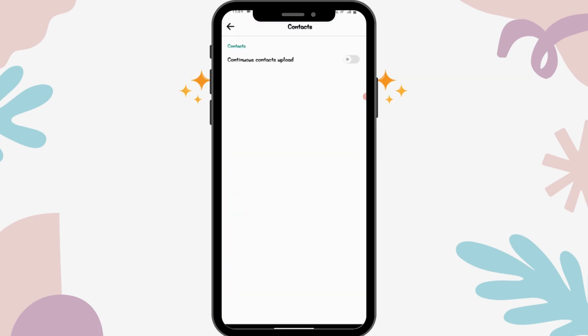And now if you want to find friends on your Facebook using your mobile number or contacts, then you can simply turn this on. And after turning on this continuous contact upload, you can find your contacts on your Facebook. And after that, you can simply add them and you can be friends. So that's it. That's how you upload your